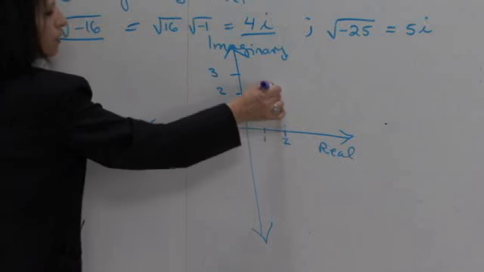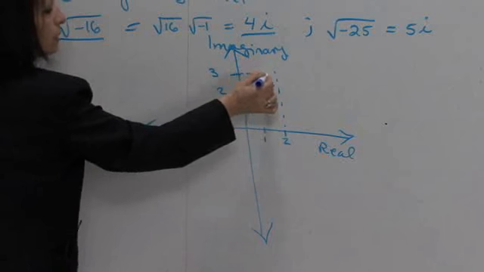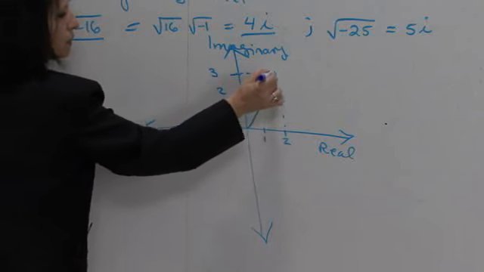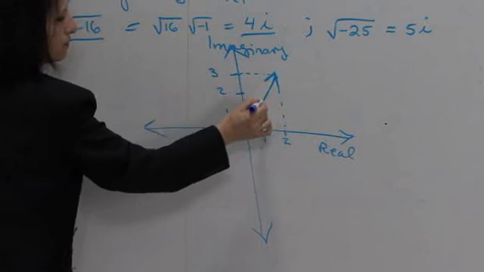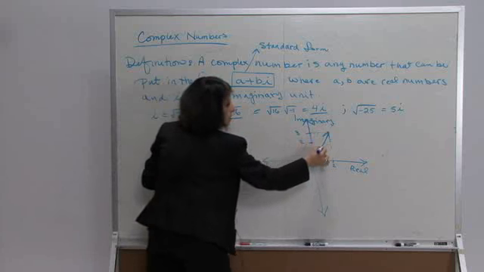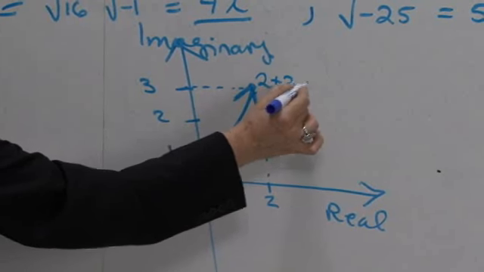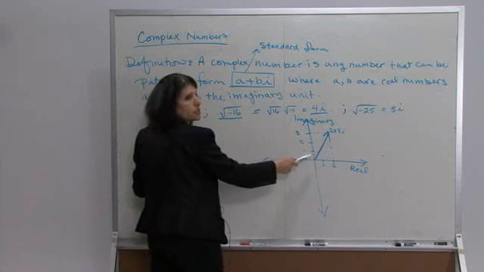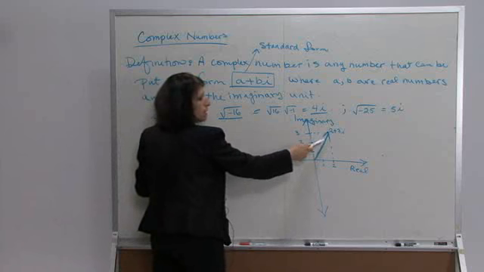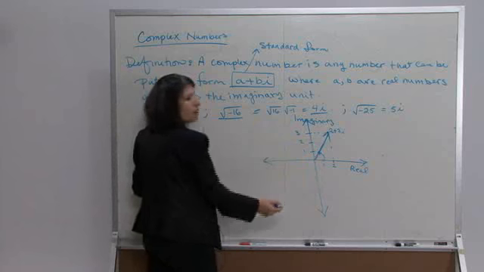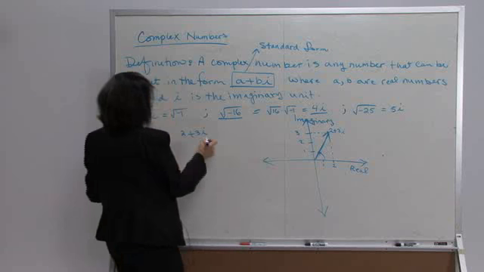So 2 plus 3i is actually this vector. So this is the number 2 plus 3i. So 2 plus 3i represents a directed magnitude. It's a magnitude, and the magnitude is represented by the length. Its direction is represented by the angle. So if we have